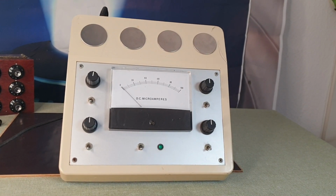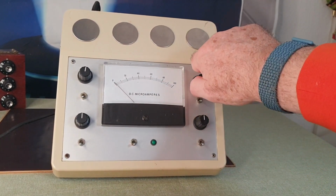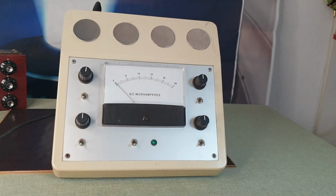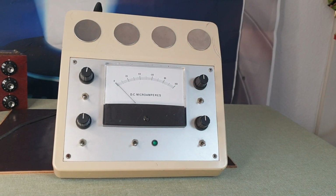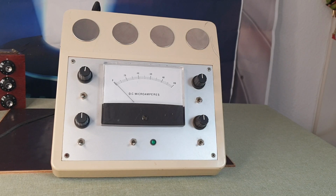So, and of course it has this meter here. Now, I'm not sure what this meter does. When you turn this, does this bump up? As I said, I've got to get this hooked up to electricity, and we'll have a long, detailed look at